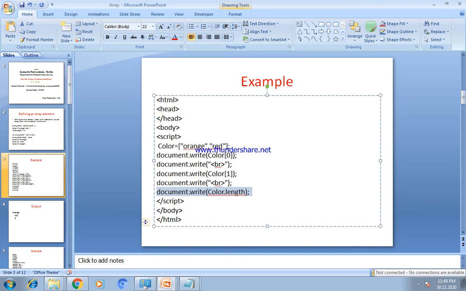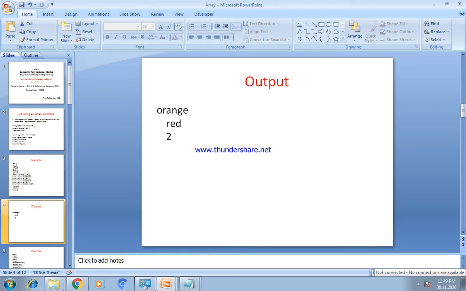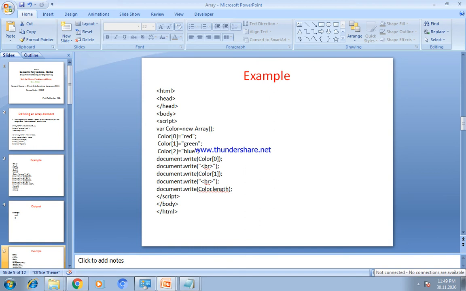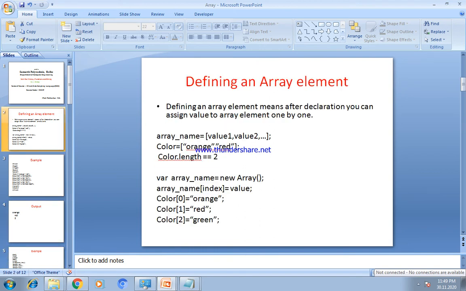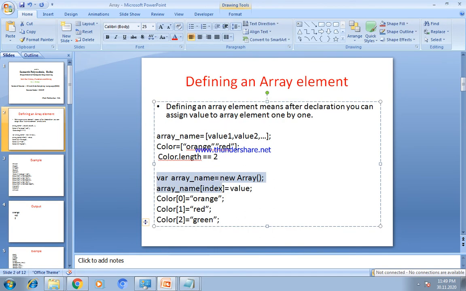If we run this program within the web browser, we have to save it with a .html extension. When we run it with the help of a web browser, we get this output: orange, red, 2.